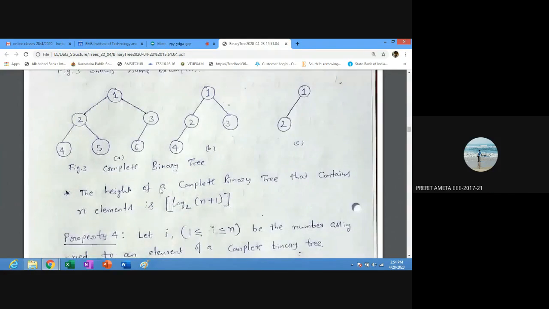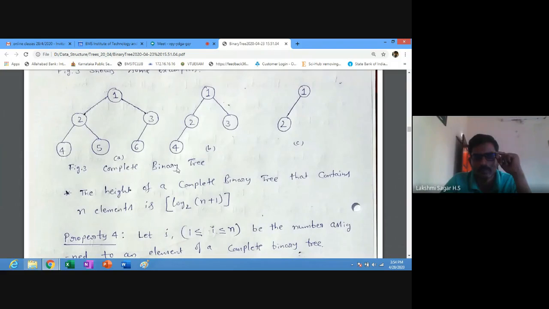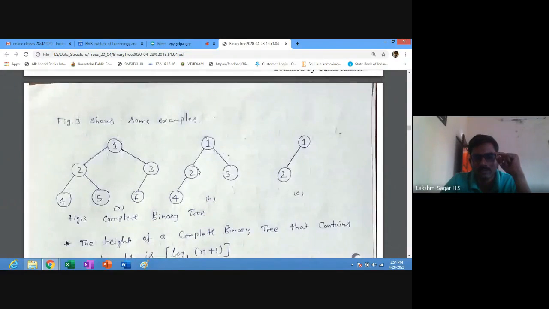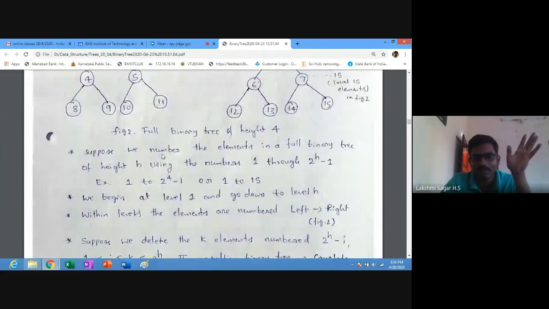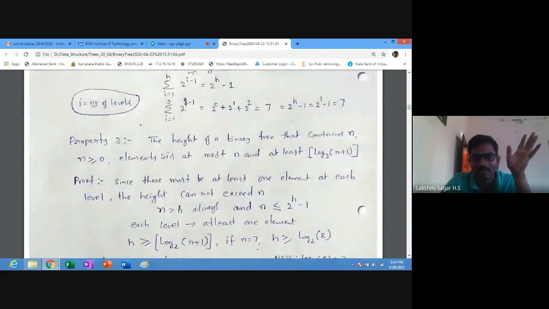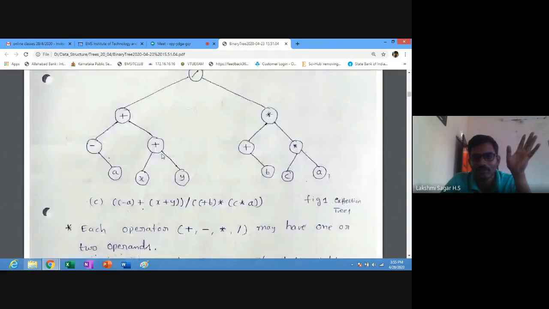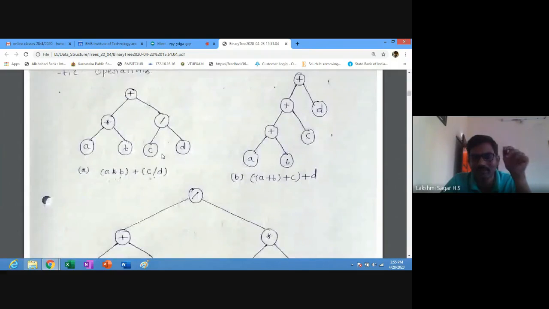No, sir. Here actually this is a complete binary tree, but we have deleted some elements from it.